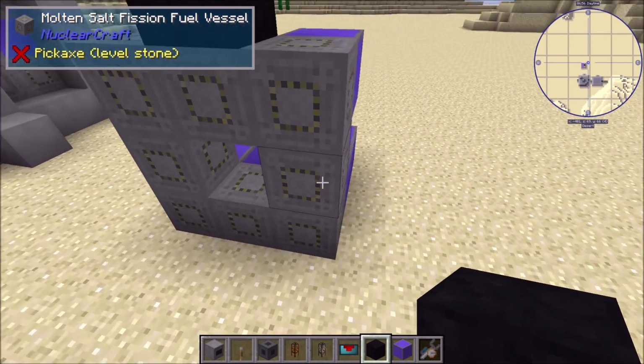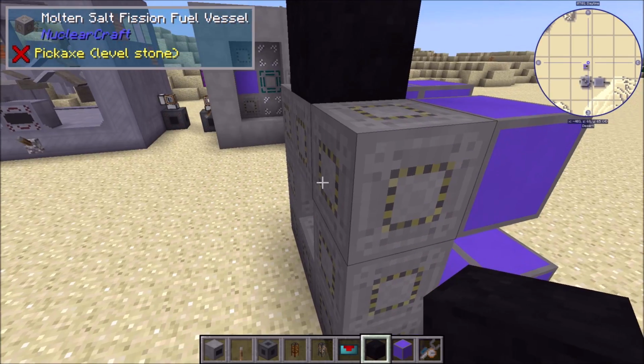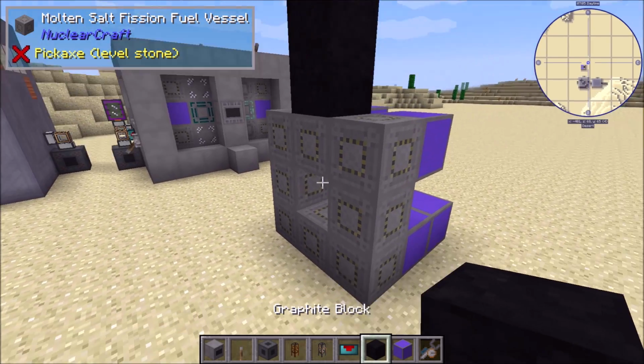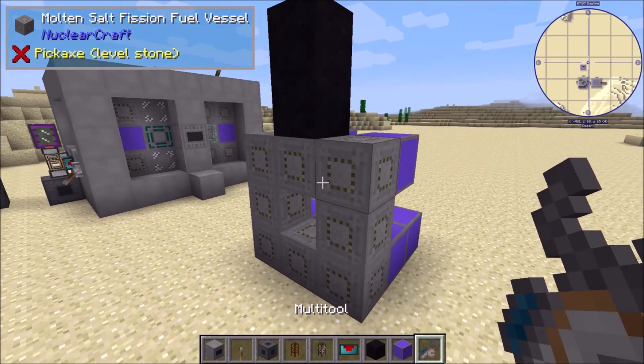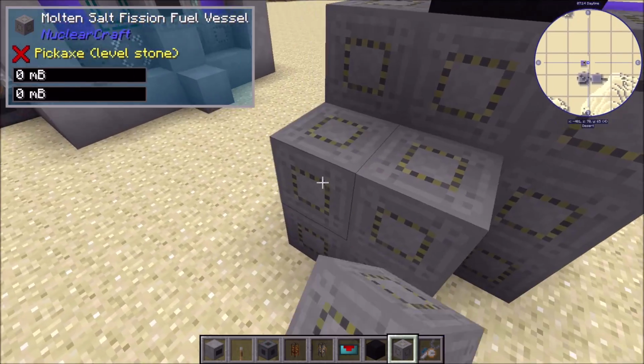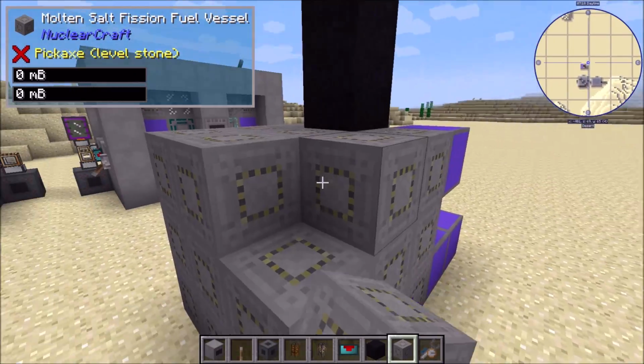So all of these vessels will share all their stats and work together, and that might make for some really interesting reactor designs. It will make some totally different from the sort of ones that appear in cells. So you can even have a whole cube of vessels that all work together. So it's like 27 vessels all sharing flux. Just like that, and you could have all sorts of